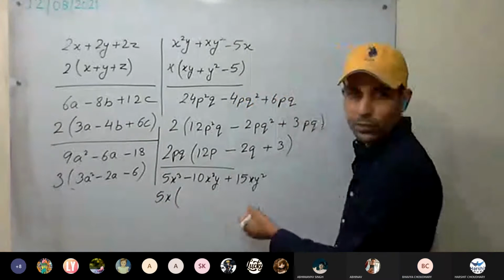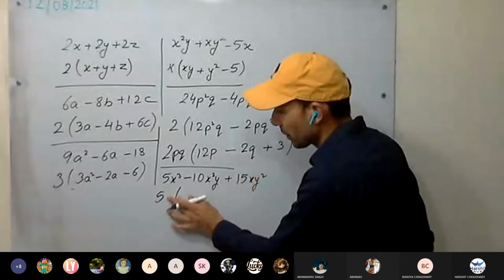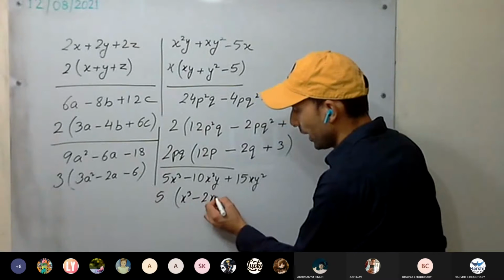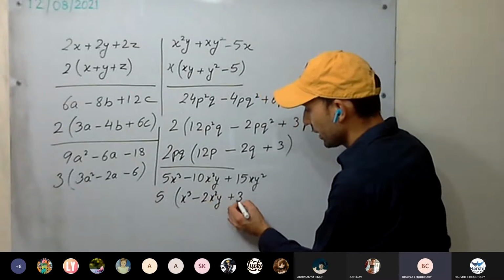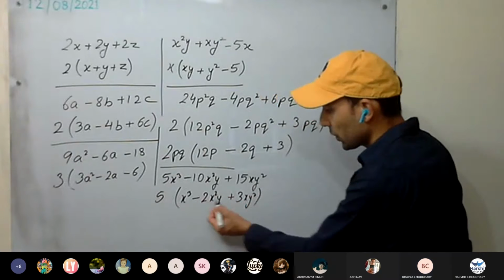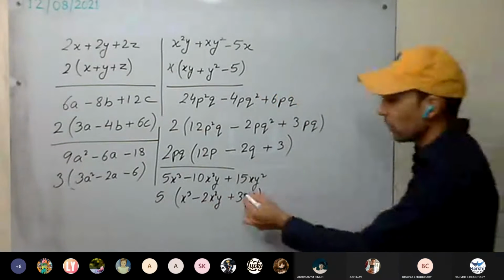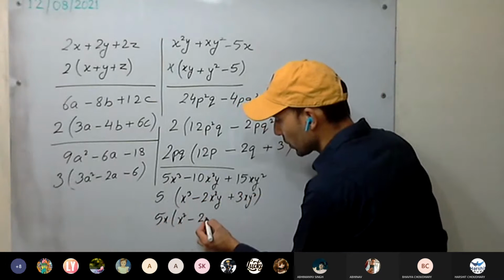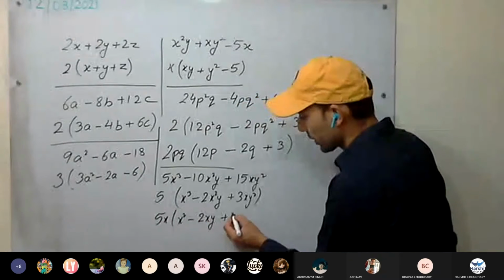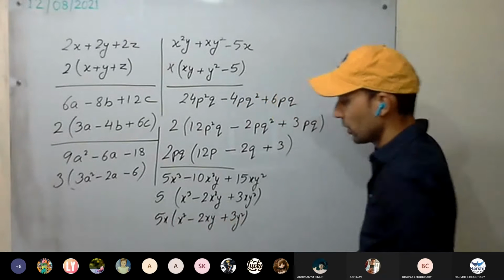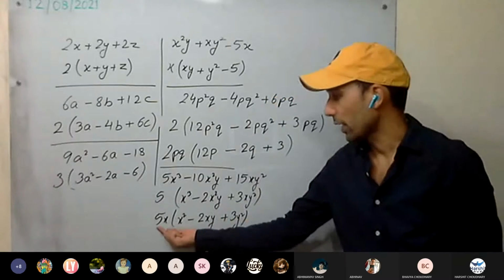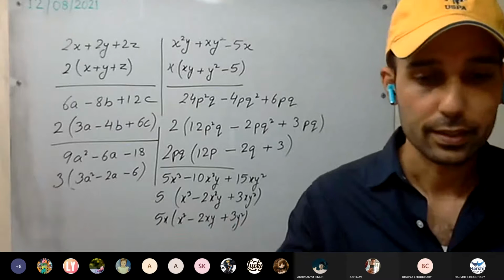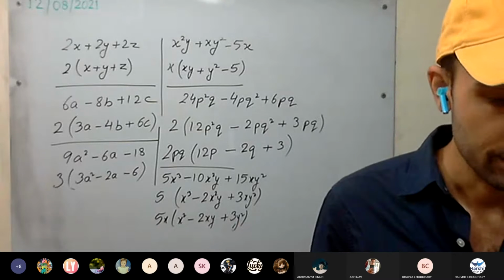Okay. In one step also we can do it, or we can take two steps. For example, we are taking two steps. 5x cubed minus 2x squared y plus 3xy squared. Now still we see x is common, so take x out. 5x times x squared minus 2xy plus 3y squared. Check whether it's correct or not. 5 is a factor, x is a factor, and this is a factor. Have you all understood?